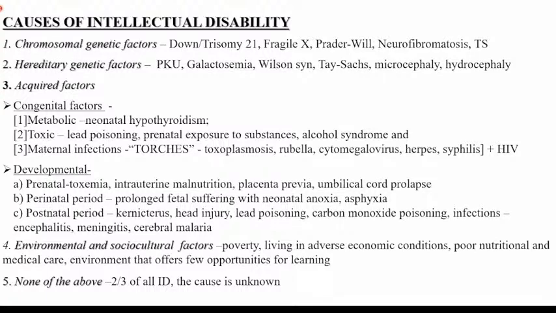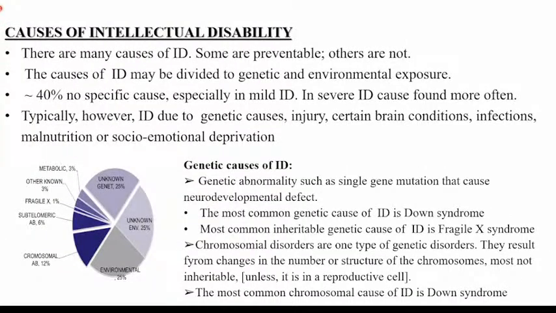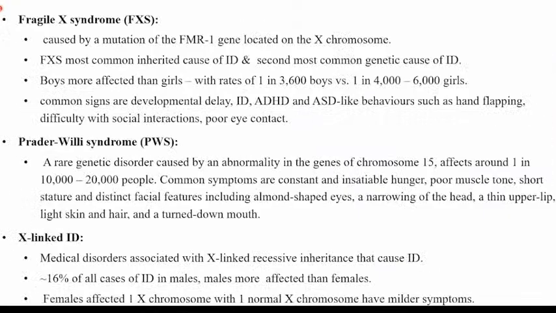These are toxemia, intrauterine malnutrition, umbilical cord prolapse. Then we have the perinatal, and then we have the postnatal. In the postnatal is where a child could have been born with good intelligence, but they get cerebral malaria, meningitis, and so on. Then the environmental is the poverty, environment, few opportunities for learning, lack of stimulation, being in those orphanages where there's no stimulation, and